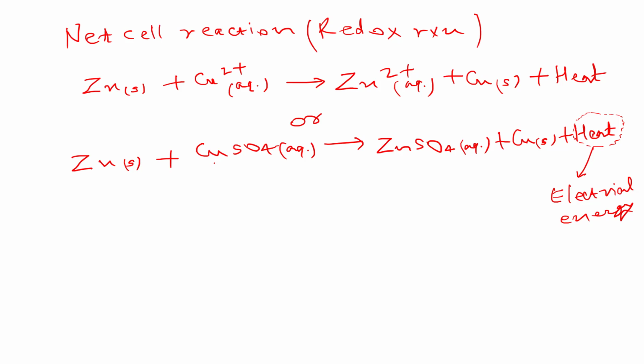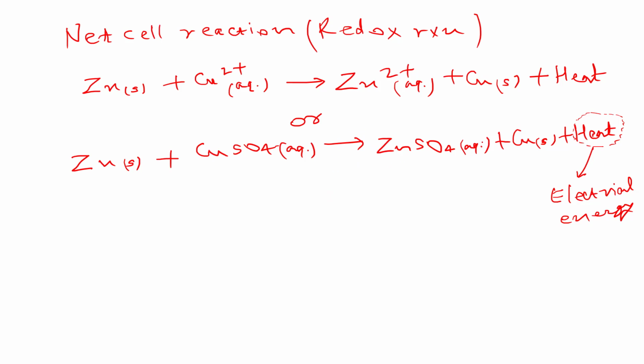And if we write any reaction, whether it is reversible or irreversible, the given reaction is always spontaneous in a single direction, either forward or backward. Okay, so any reaction cannot be spontaneous in both directions. So this is also spontaneous in one direction. And what is this direction? When zinc is reacting with copper sulfate, it forms zinc sulfate and copper, so that is the spontaneous direction of this reaction. If we mix zinc sulfate with copper, we do not get the product, so in the backward direction this reaction is non-spontaneous. You got it?